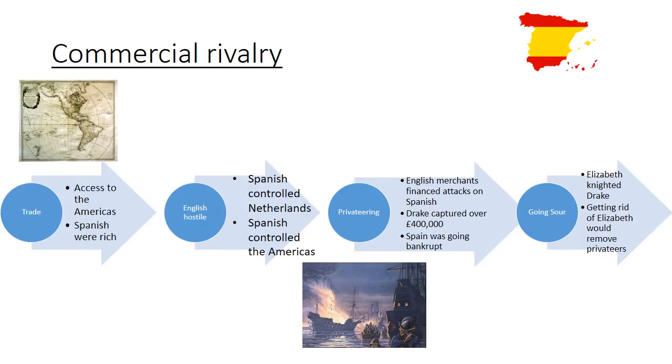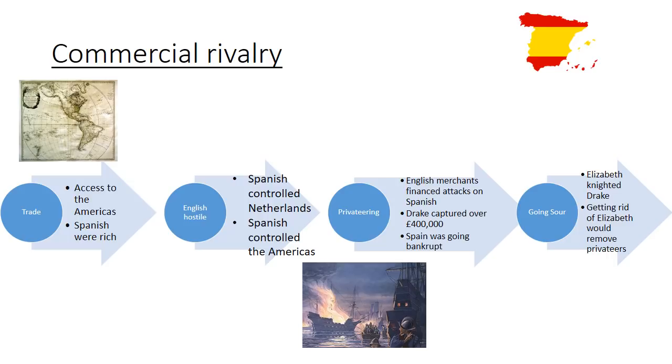Okay, another thing that was driving this was commercial, financial rivalry. The Spanish were the first European country in the Americas accessing the gold, and they'd become incredibly rich from this. Obviously, the English, with a very strong naval presence, were concerned that the Spanish controlled the Netherlands in particular. By controlling the Netherlands, the Spanish effectively controlled the major river arteries into Europe, and the English wanted to increase trade in Europe. They were also concerned about how they could trade with the Americas if the Spanish were also controlling that. So English merchants and famously Queen Elizabeth herself were financing attacks on the Spanish,